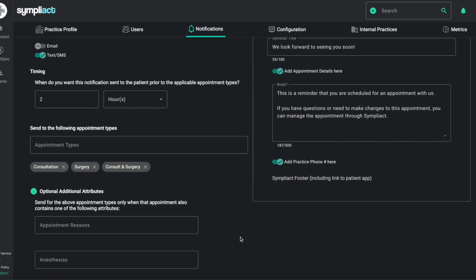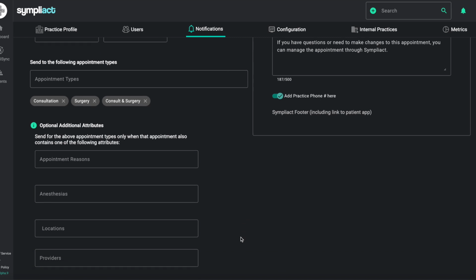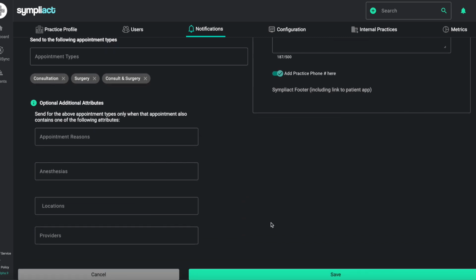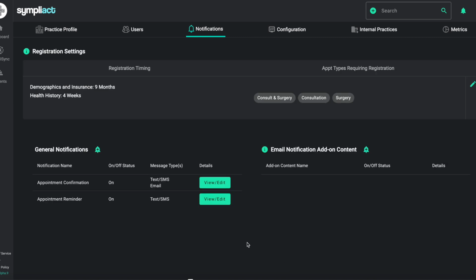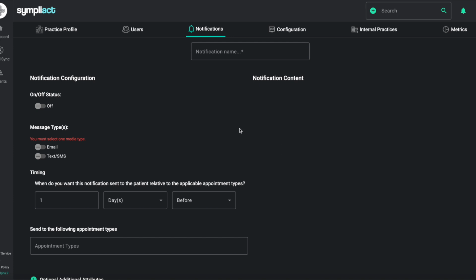Similarly, I'll leave post-op off in this case. I won't further modify things because this is a general message. And then I can hit save. And then right here, I can add my own custom